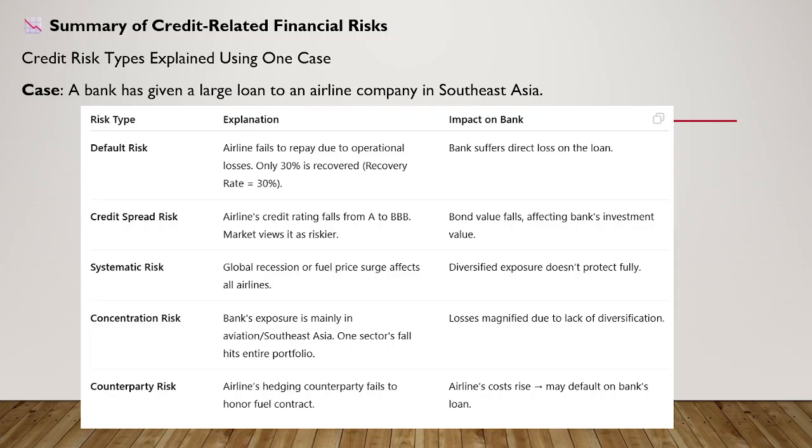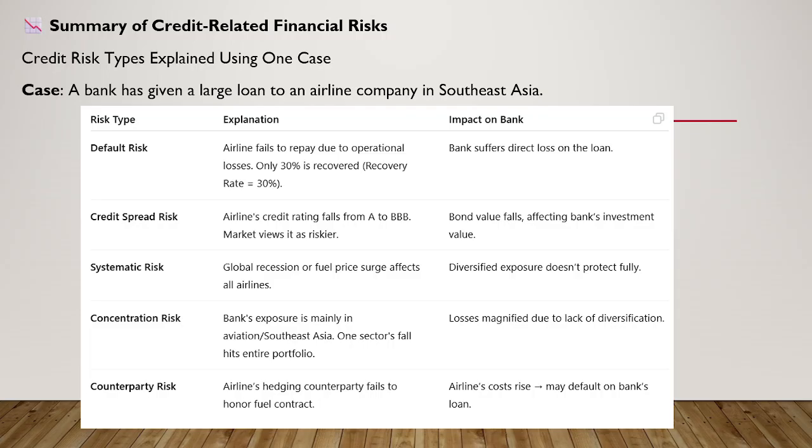Systematic risk: now, let's say there's a global fuel price surge or a recession hits due to geopolitical tensions. This affects the entire aviation industry, not just one airline. Even if the bank diversified its loans across many airlines, this kind of risk hits all of them. That's systematic risk. Concentration risk: if the bank had most of its aviation exposure in just this one airline, or